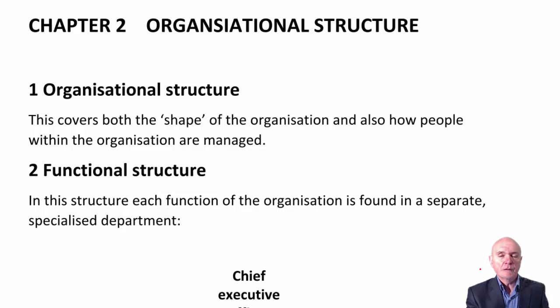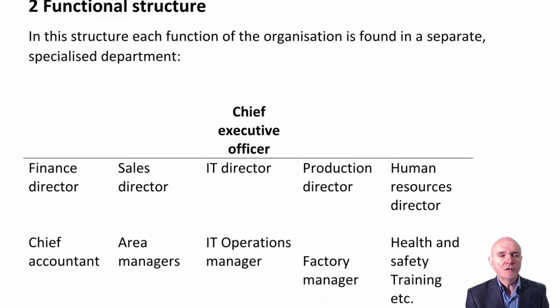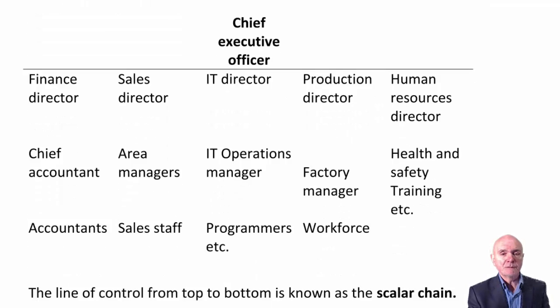The first structure we look at is very, very common indeed, and this is often what you'll see in organisation charts in organisations. It's called a functional structure. Basically it means that each function of the organisation has a different department. So you would have typically at the top, as we see here, the Chief Executive Officer, and then within the